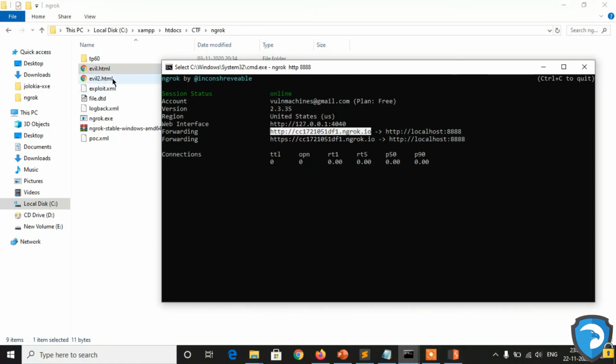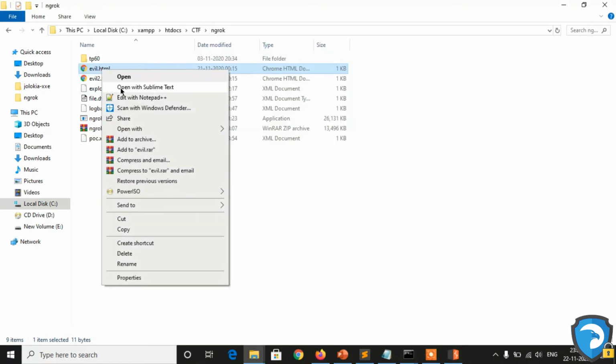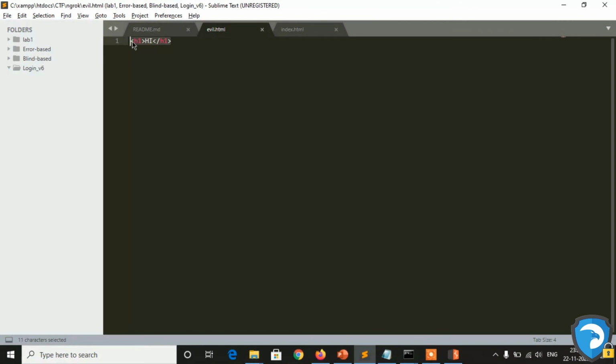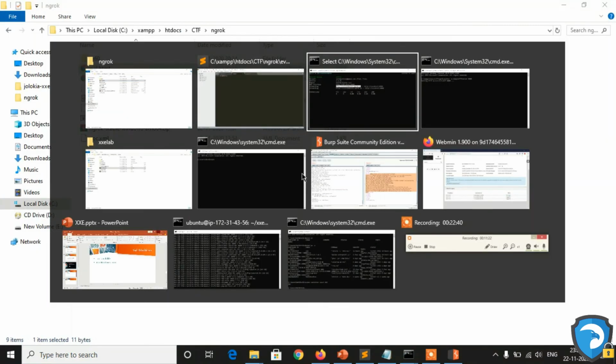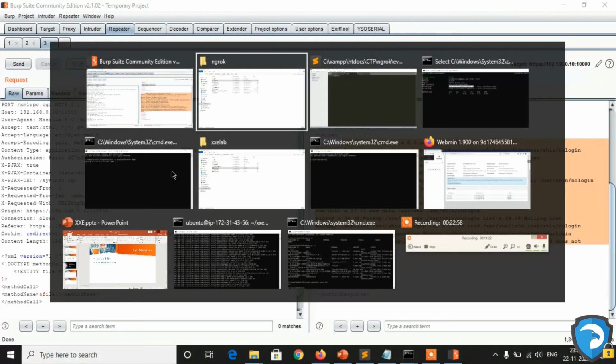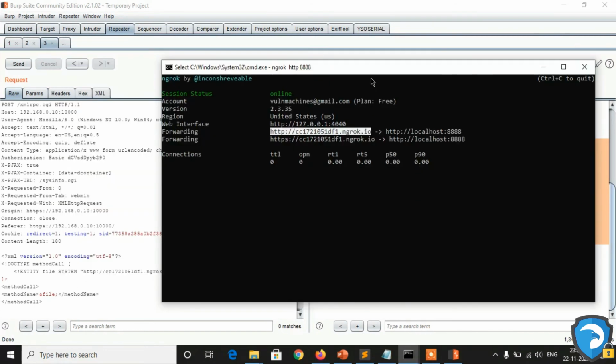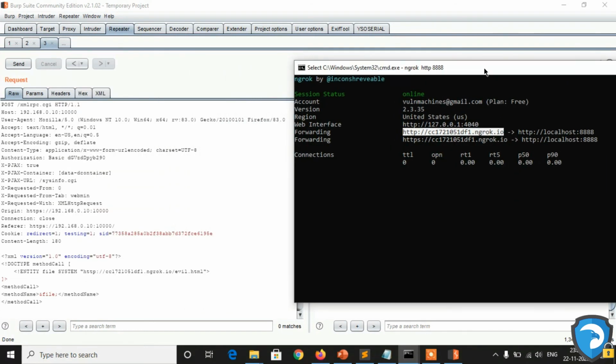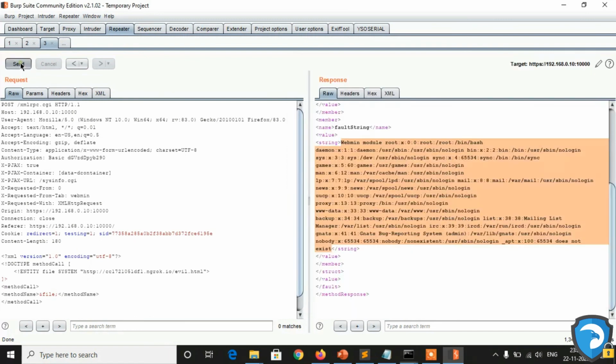We will call the evil.html file. There is nothing in it, just an H1 tag that I have used for the evil.html file, and the output will display on the ngrok console. Let's send the request for evil.html, and we will see in the ngrok console whether it is 200, 404 or something else.